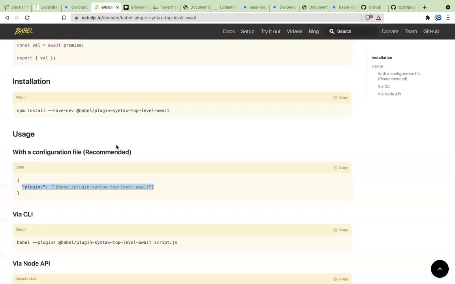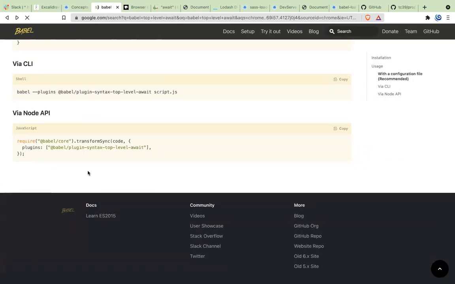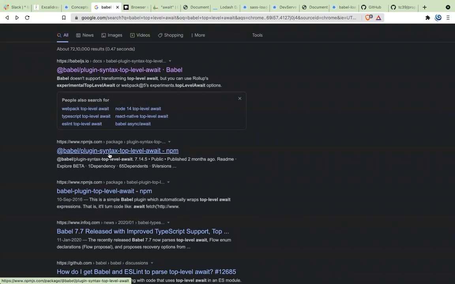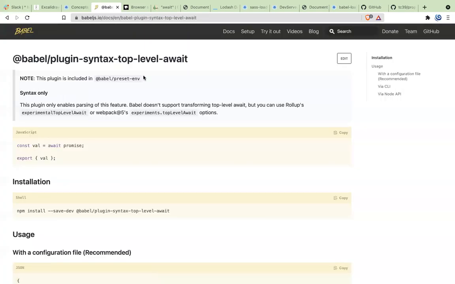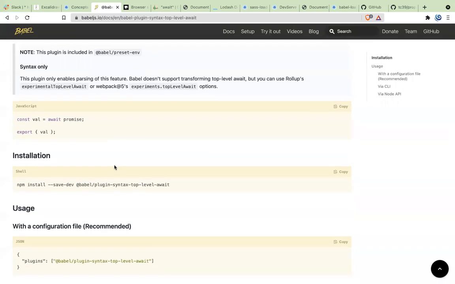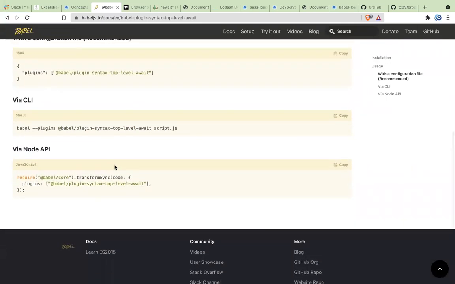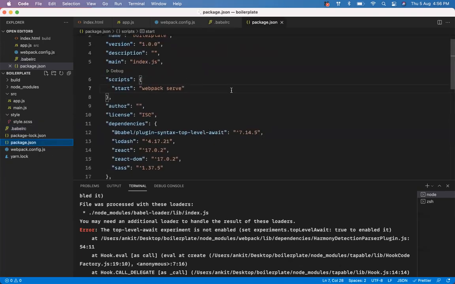Just a second. It's plugin syntax or plugin proposal, whatever it is. Okay, why is it not working? Let's see.